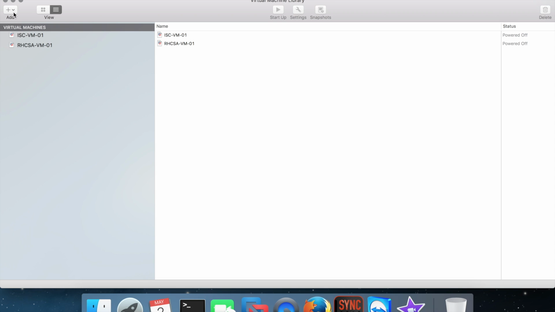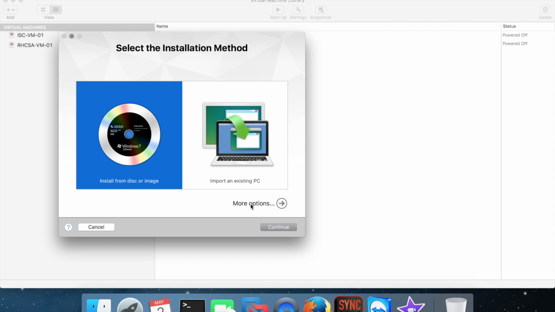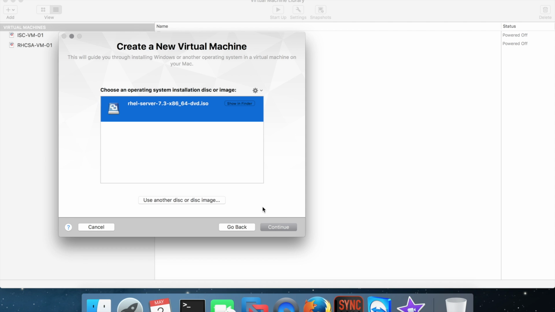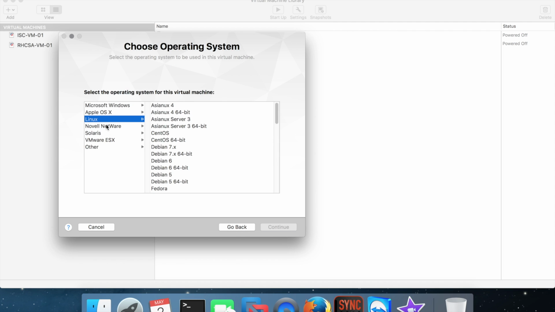And you can either click on this add or file new. I'm going file new. And just say continue here. And here I can select the ISO image which I've downloaded. But if you notice, for me, the file name is appearing because I have created some more VMs using that file. So I will just select that for you. If you are doing it for the first time, you can select this and locate the file at the actual location. So just click continue here